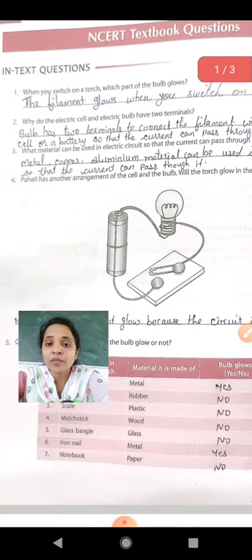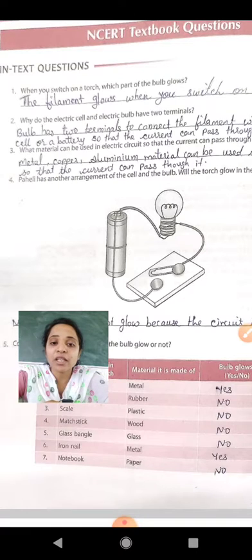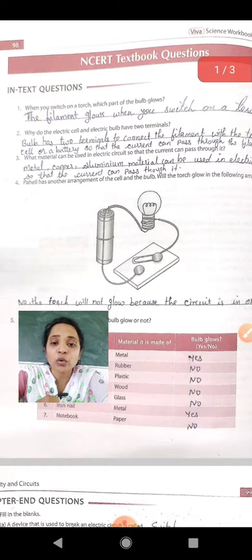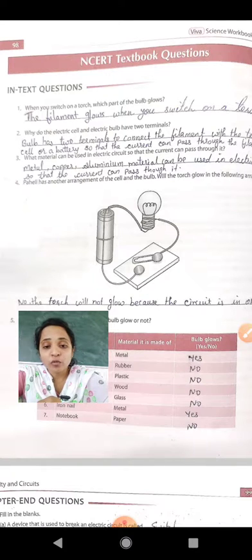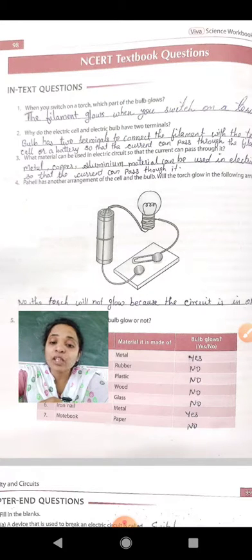Number 3. Which material can be used in an electric circuit so that the current can pass through it? As we have learned, there are conductors and insulators, right? What do we mean by conductors? A material that allows current to pass is called a conductor. For example, a key, iron nails, a safety pin.